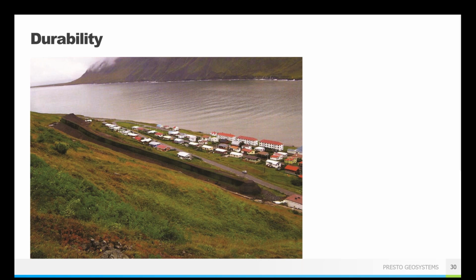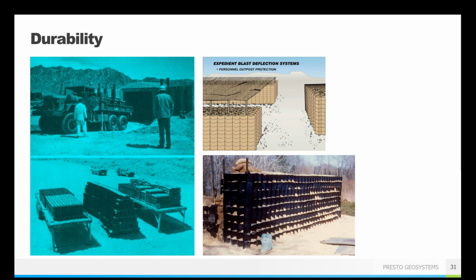All right. Forgive the poor quality of these, but these are actually from the tests that we did with the U.S. Army Corps of Engineers. I believe these were in the early 1980s, but it was originally a solution for a problem that the military faced, which was quick deployment for crossing beach sands with heavy equipment, including tanks. You can imagine trying to drive a heavy tank over a beach. You're really not going to go very far. The tanks are just going to keep digging down and rutting themselves into the beach. And so the extreme durability of the GWeb retaining walls has lent itself as this sort of military solution.